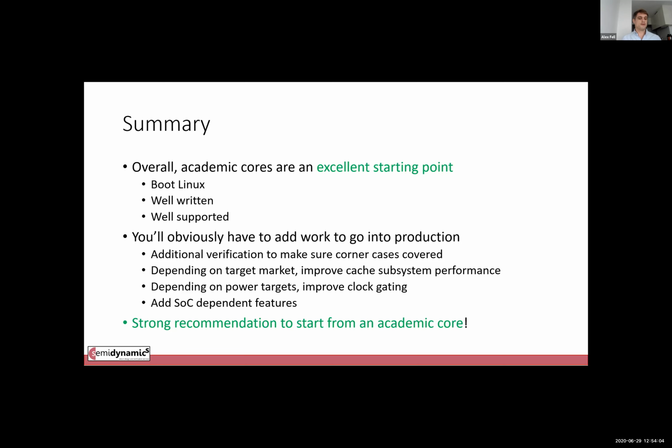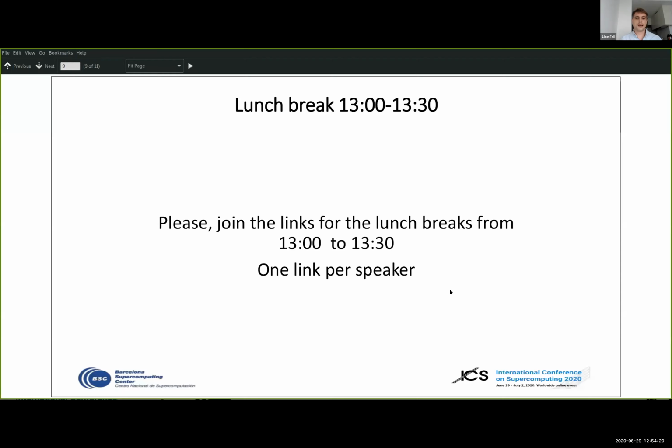Okay, thanks a lot. So the speaker will be available in the breakout rooms, and I sent around the links for the breakout rooms. Thank you for the talk. Thank you for listening. So this was the last talk of session number 2, and we are going into the lunch break a little bit early. That gives us time to set up the breakout rooms in case they are not set up.